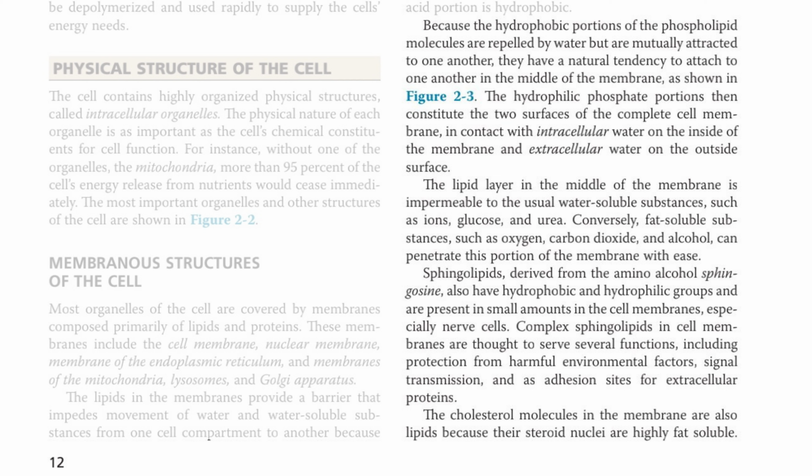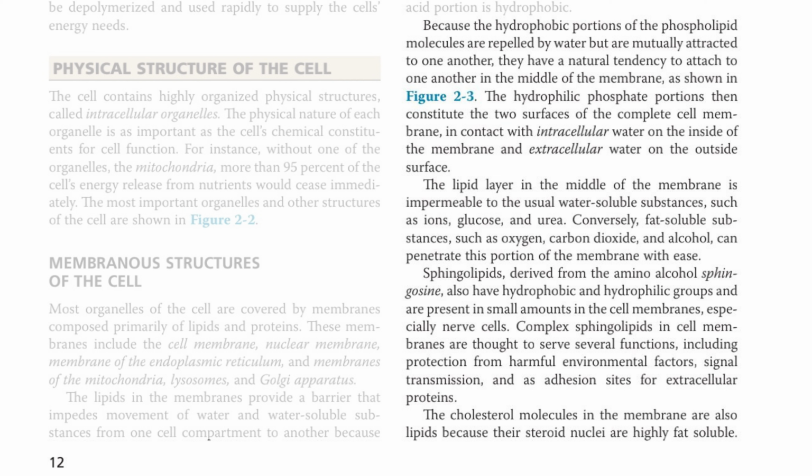The hydrophilic phosphate portions then constitute the two surfaces of the complete cell membrane, in contact with intracellular water on the inside of the membrane and extracellular water on the outside surface. The lipid layer in the middle of the membrane is impermeable to the usual water-soluble substances, such as ions, glucose, and urea. Conversely, fat-soluble substances, such as oxygen, carbon dioxide, and alcohol, can penetrate this portion of the membrane with ease. Sphingolipids, derived from the amino alcohol sphingosine, also have hydrophobic and hydrophilic groups and are present in small amounts